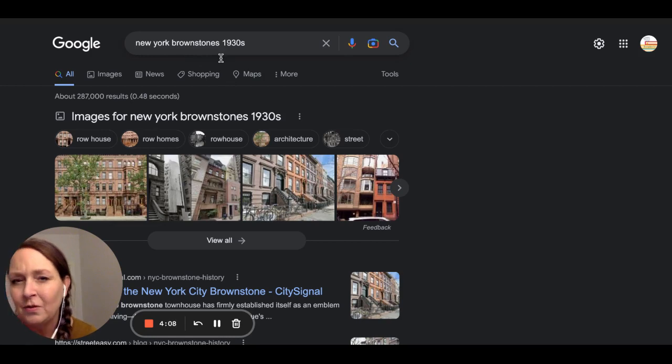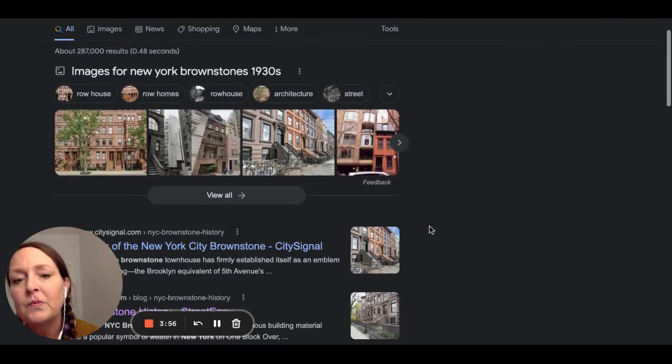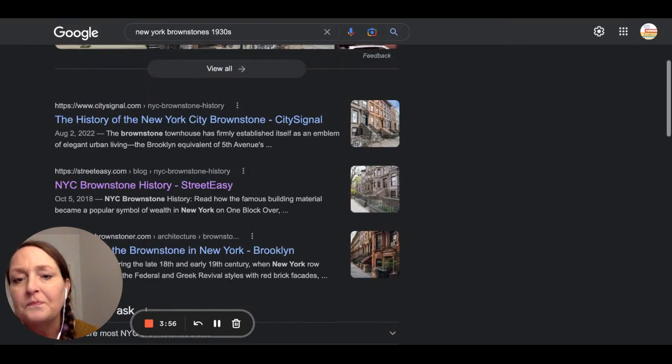So you notice that I didn't put a question mark. I didn't put any extra words in here. And also, there is no apostrophe between the 1930 and the S for 30s. That's not the way that is written. So that also helps. But another thing that did help is when I started looking at the results that I got,